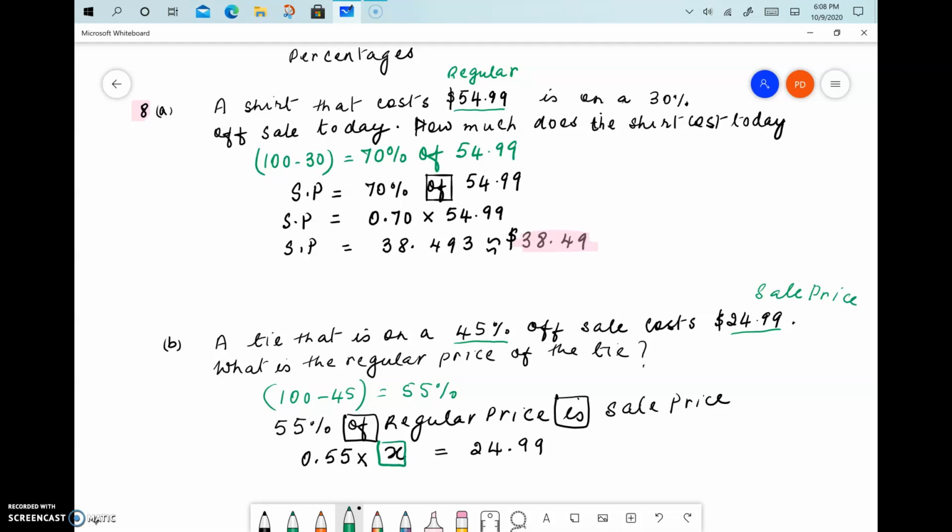Since 0.55 is multiplied to X, we divide both sides by 0.55 to solve for X. The 0.55 in the numerator cancels with the 0.55 in the denominator, and we get X equals,